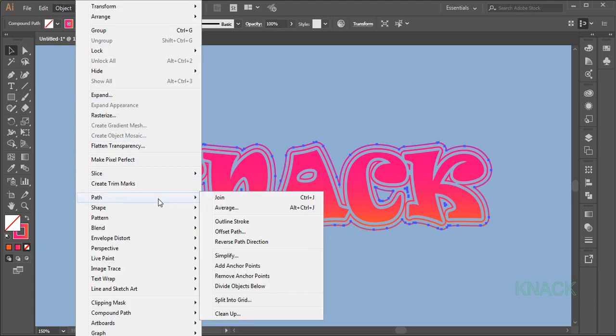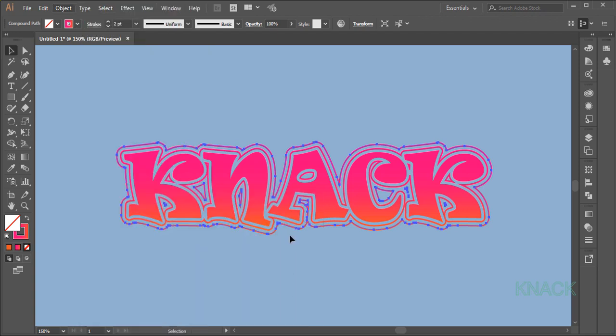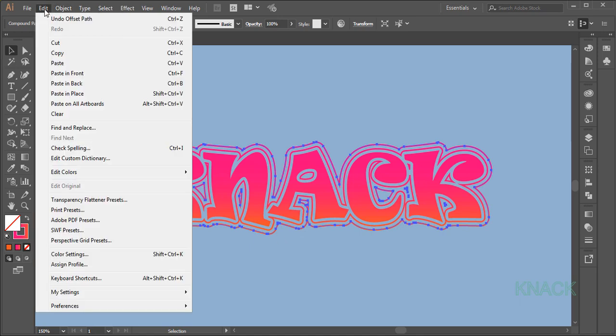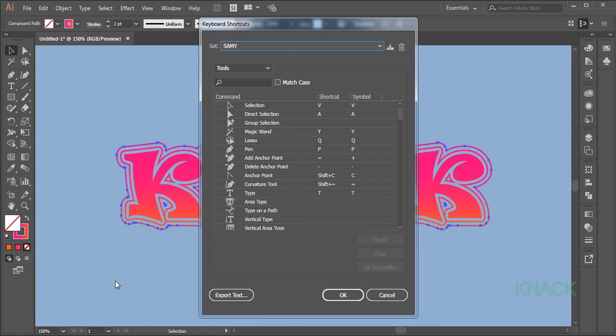Here if you see, there is no default shortcut key for this command and you have to travel all through this way again and again to run this command, which is obviously not an efficient way to work. What we can do is set our own shortcut key for this command by going to Edit menu, Keyboard Shortcuts, select menu commands here and search offset.